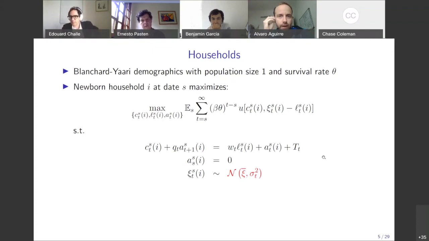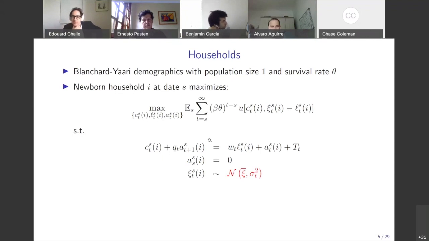Okay, so at the end, the calibration of the income process and all of that stuff will not influence the results. No. I mean, it would quantitatively, but we're trying to draw qualitative lessons, essentially. We have a size 1 population of agents with a Blanchard-Yaari demographic, so people die with some probability in every period, but the total mass of the population remains equal to 1. That guarantees that the cross-sectional distribution of wealth remains well-defined and stationary, asymptotically at least.